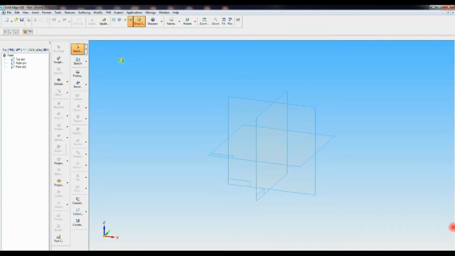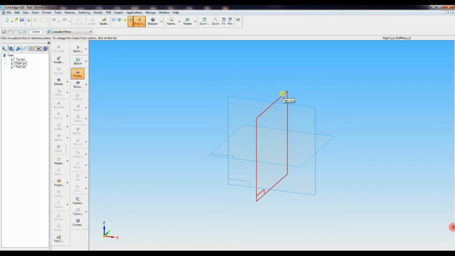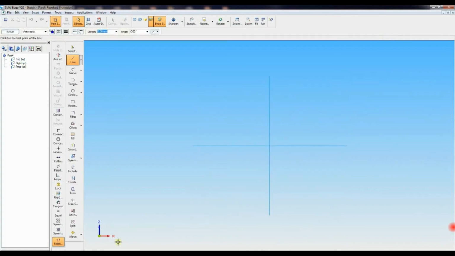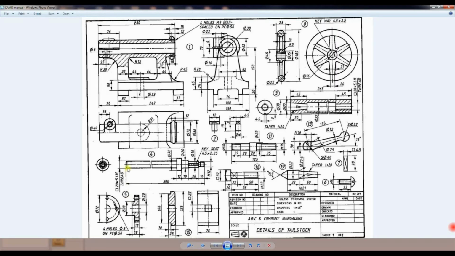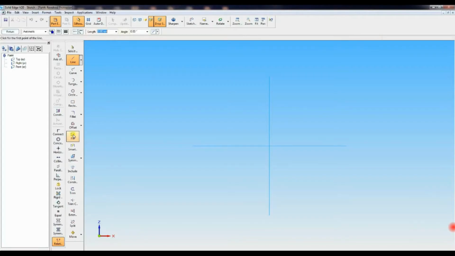For that select solid part, go to revolve protrusion. You have to choose revolve protrusion, then select front plane, draw one line of length 300 mm.